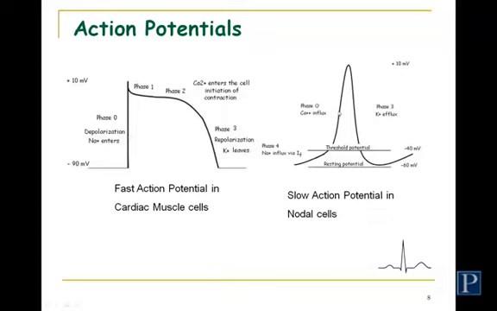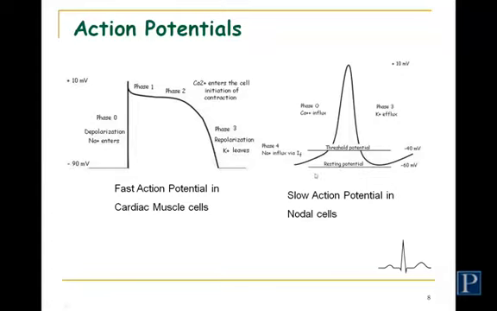You'll also notice there is no plateau phase as you see in the ventricular muscle here, and they don't have a phase 1 either. The phase 3 is still because of potassium efflux. So that's the same. The biggest difference between the two is that the membrane potentials are different. And the reason why it's less negative in the slow response is because these cells are leakier to sodium.